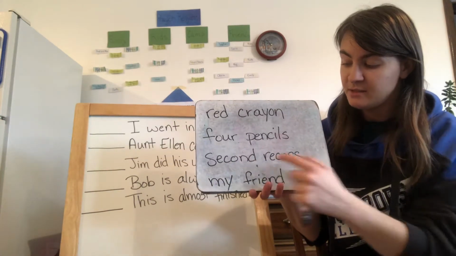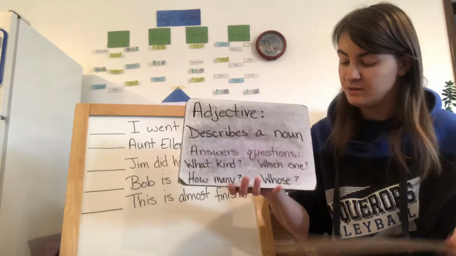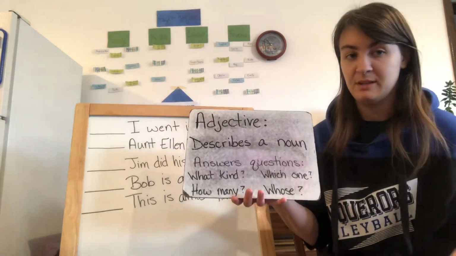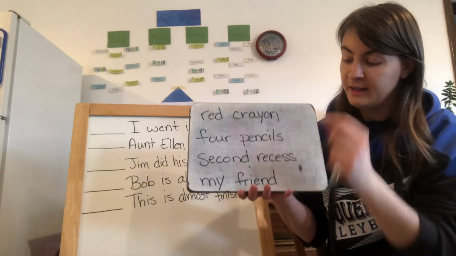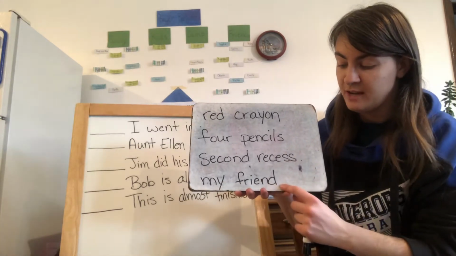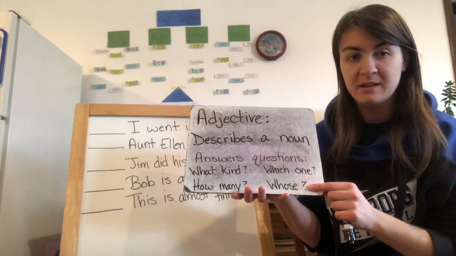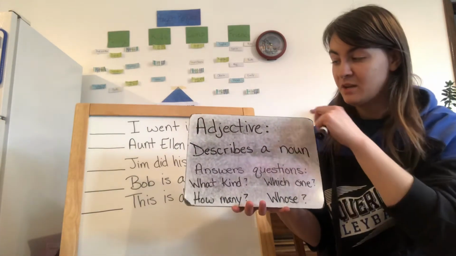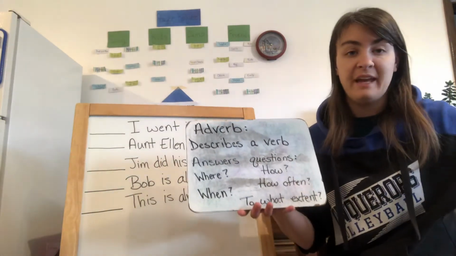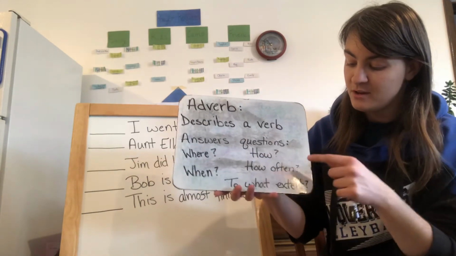Second recess. Second is an adjective describing the noun recess, and it is answering the question, which one? Which recess? Second recess. And my friend. My is an adjective describing the noun friend, and it's answering the question, whose? Whose friend? My friend. Now for adverbs, they describe verbs, and they answer the questions, again, where, when, how often,